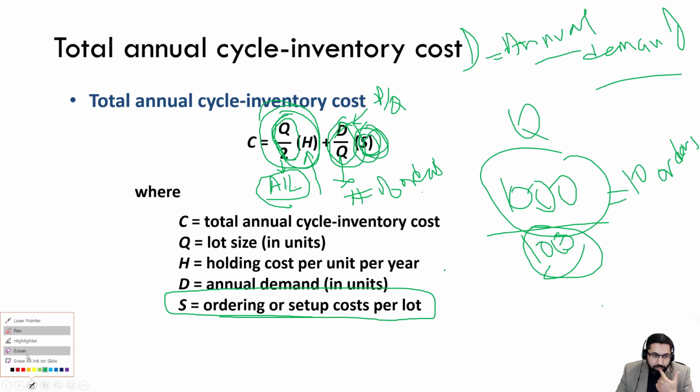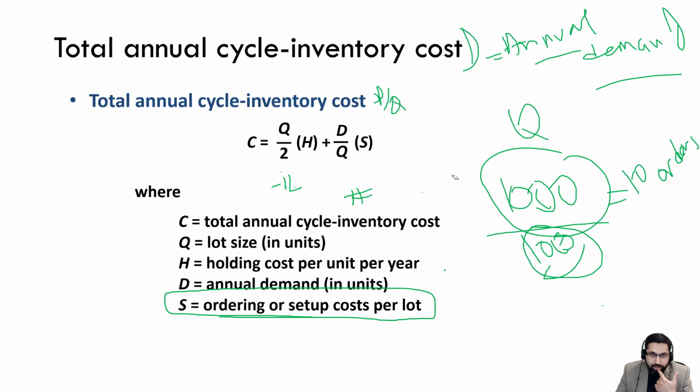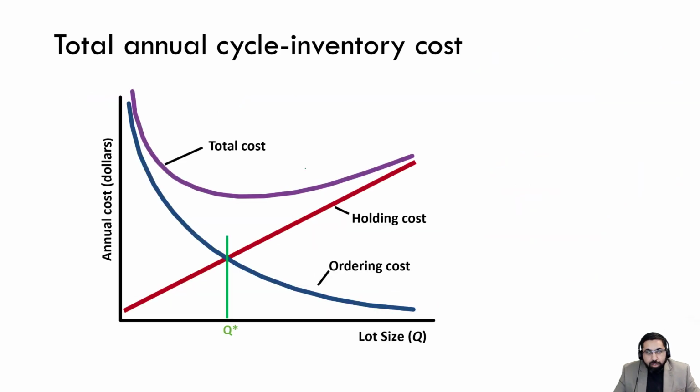Let me clear up some of this mess. Okay. So that's the formula for the total annual cost, and we want to minimize this cost. The good news is that the total cost has a well-defined minimum. And why is that? Because as you vary the lot size or order size, both are terms for the same thing,